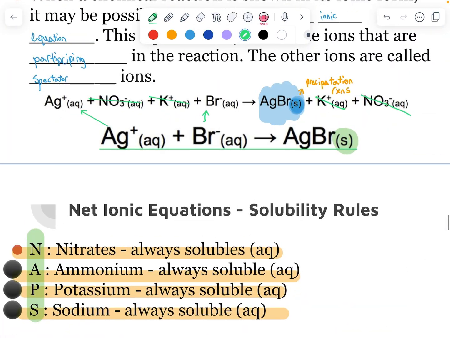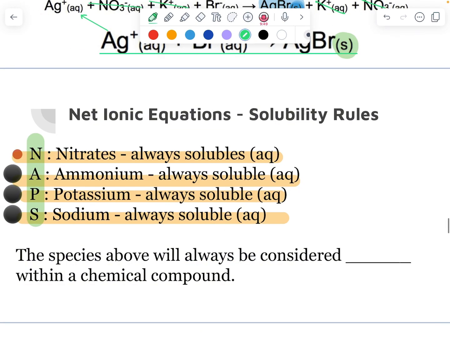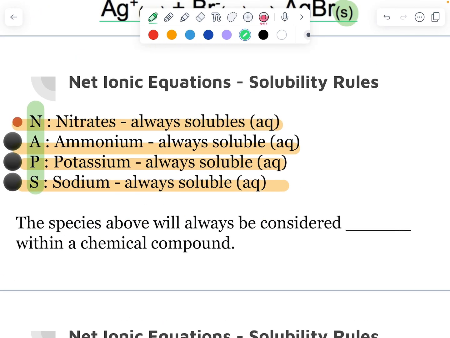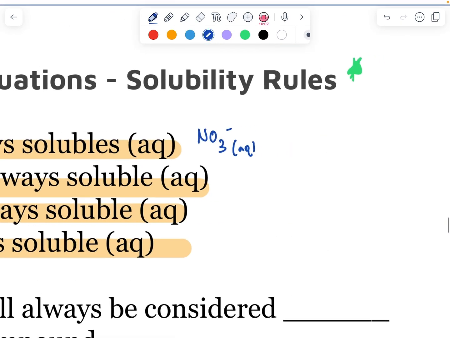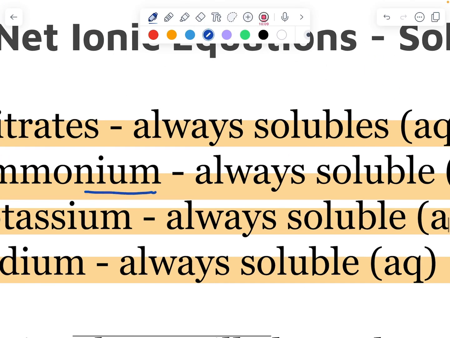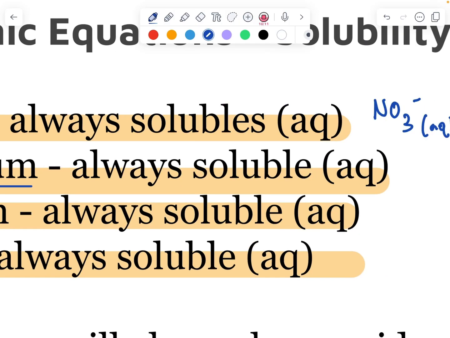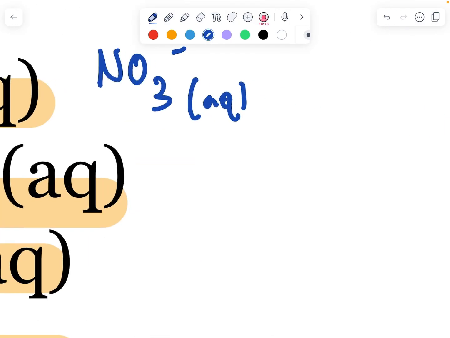So we get to some solubility rules. This is the only thing that you need to memorize on the AP exam for solubility rules. We have nitrates. If you don't know your polyatomics yet, we have NO3 negative. Then we have ammonium, not ammonia, which is a different compound. So we have NH4 plus, which is